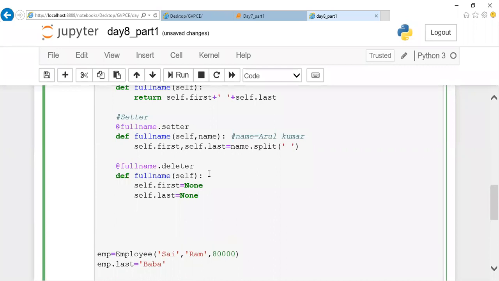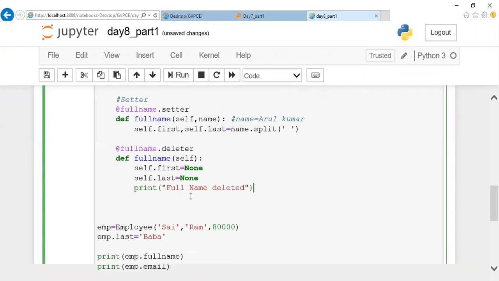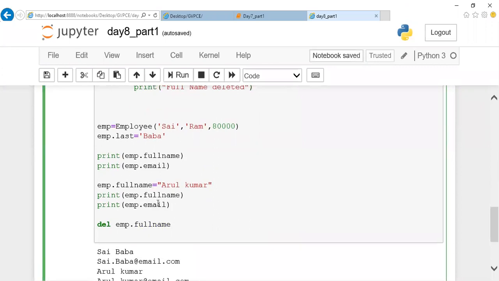And after this, print my full name deleted. Okay, this is there. And after this, let me try to call these two statements, or just let it be.